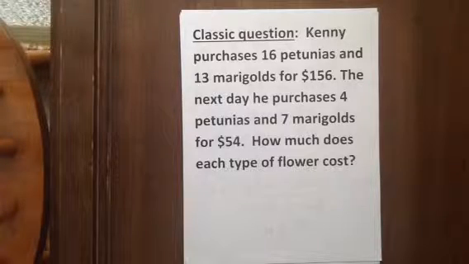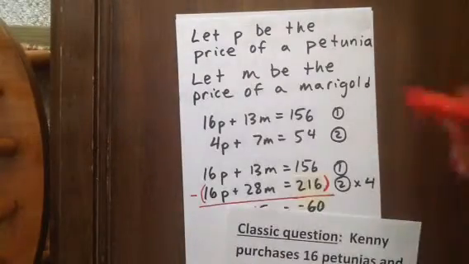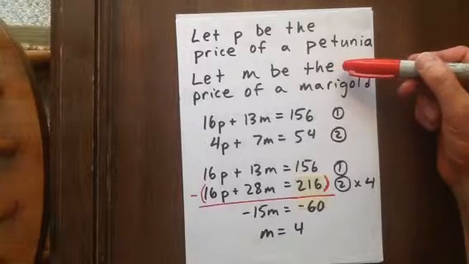In this question, we have Kenny purchasing 16 petunias and 13 marigolds for $156. And the next day he's purchasing 4 petunias and 7 marigolds for $54. We want to know how much each type of flower costs. So what we're going to do is let P be the price of a petunia and M be the price